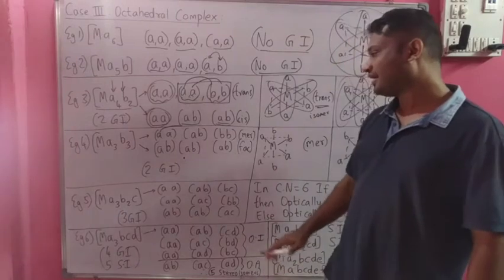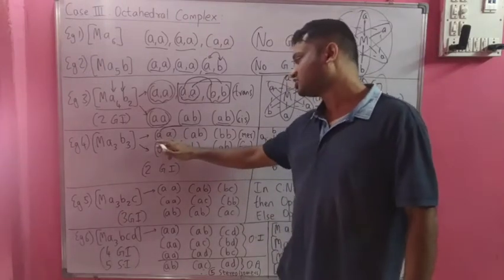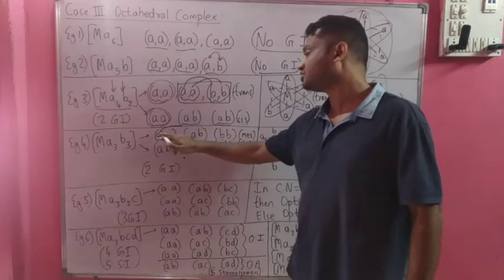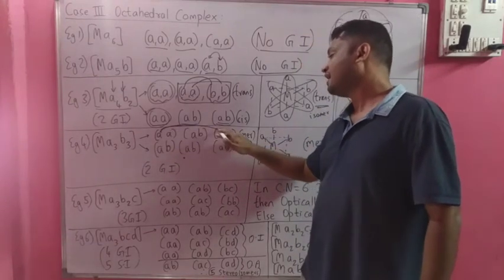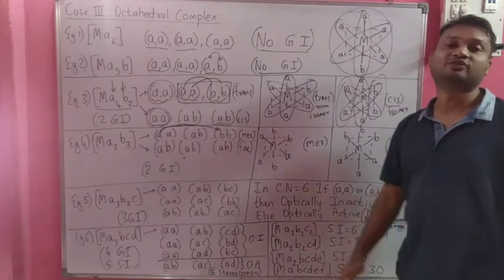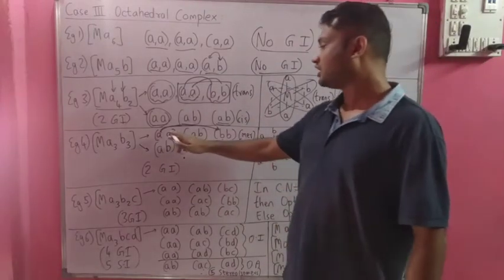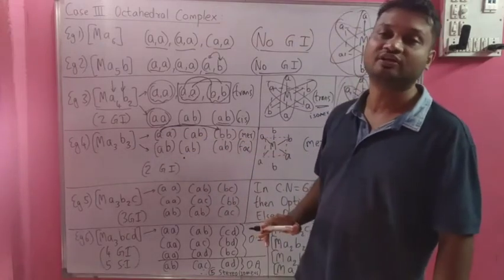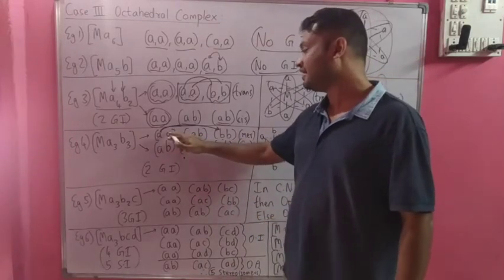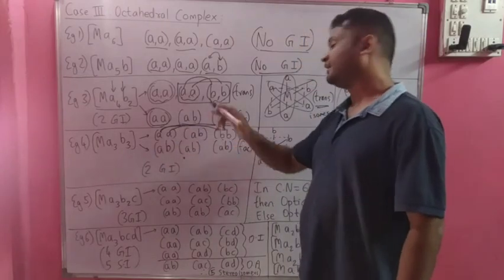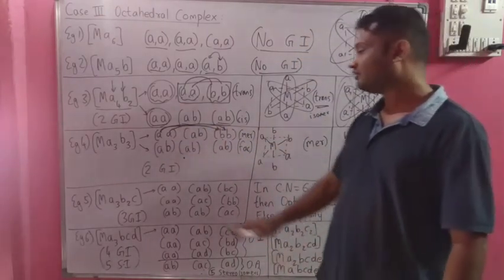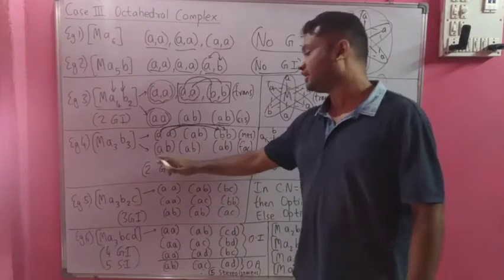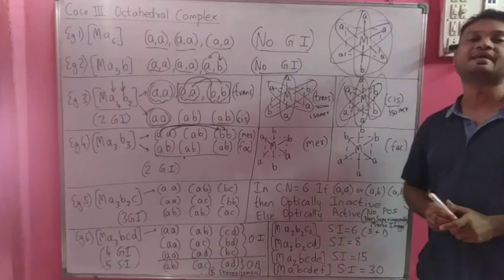So in this case, let us say, combining the first element of the first set to the first element of the third set. So the first element of the first set, which is A, I am combining with the first element of the third set, which is B. Then we will combine the second element of the first set to the second element of the third set. So what will be our structure? AB, AB and again AB. So that is what we'll end with, AB, AB, AB.